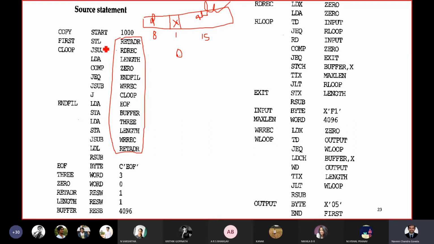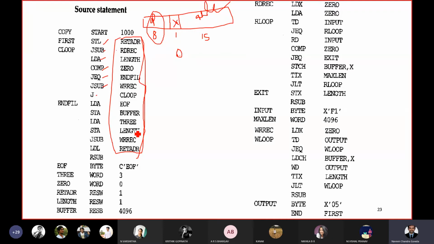Because the opcode field, what is the opcode for STL? We have separate opcodes for JSUB, LDA, COMP, JEQ, JSUB, J, all of which are of 8 bits. All of you know that. Coming to X, it is purely based on the utilization of index, whereas here you're not using any X register, so X will be 0 for all these instructions.